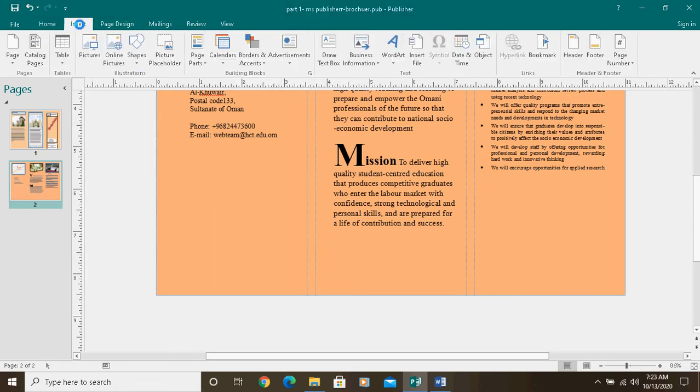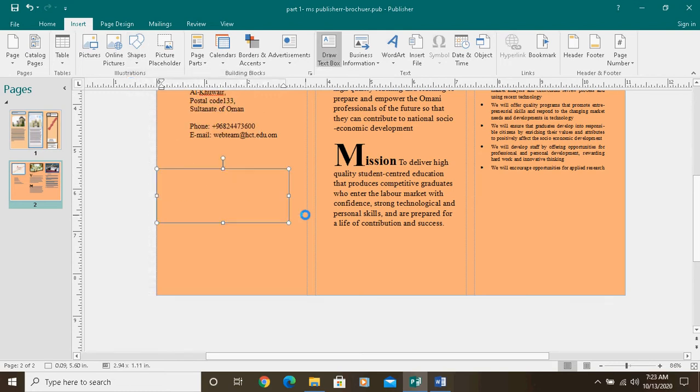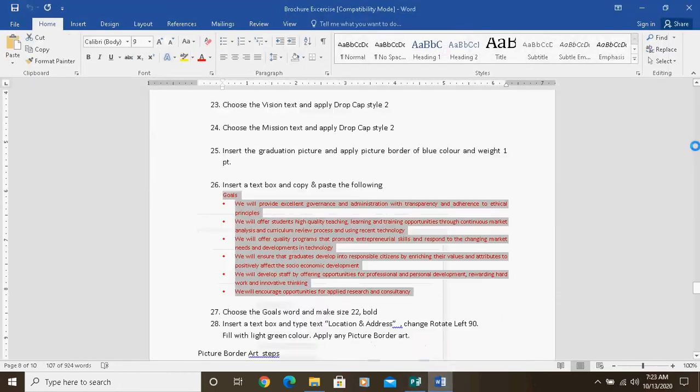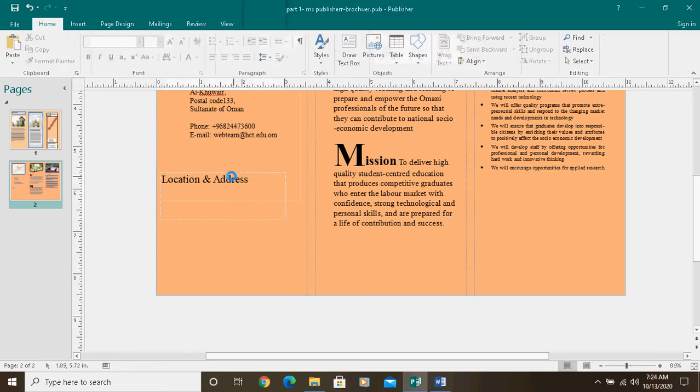So I'll insert shape, text box. Here location and address. Location and address. I think this is what they mentioned. Location and address. Rotate left 90. So better before doing it, I will make it a little bit bigger and increase the font size.